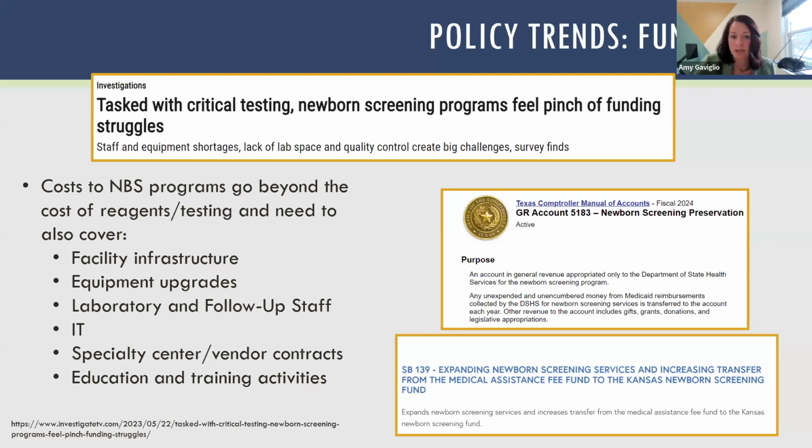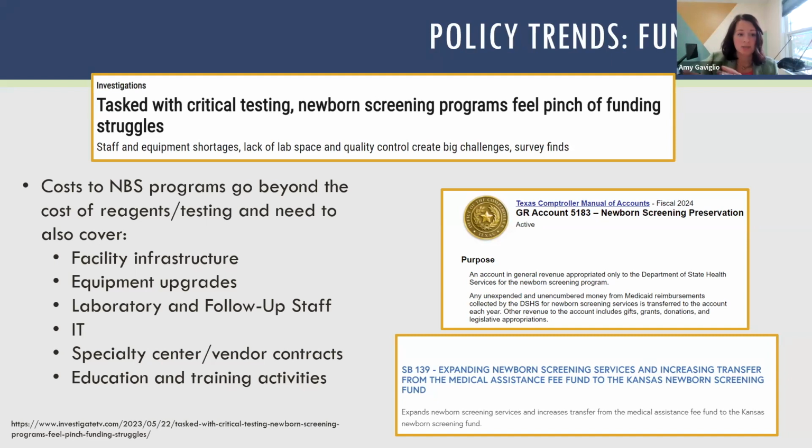And I would say, in terms of policy, programs are also looking at ways to make sure that they have essentially a pool of funding to pull from to help them develop new tests and be able to implement more quickly. So one of the problems that we've often seen in implementation of new diseases within programs is that programs can't begin testing until they're able to raise their fee. And if this needs to go through the legislative process, and depending on the funding year, this can really stall implementation and disease additions significantly.